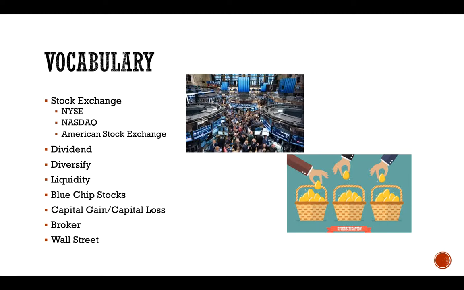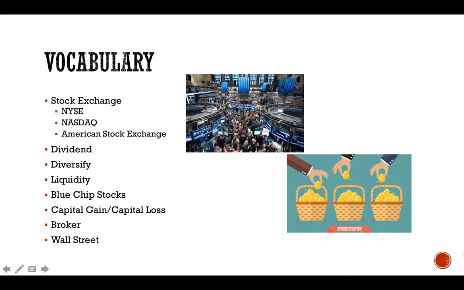I can't buy Microsoft at all three of these. Microsoft is sold on the NASDAQ. If I want Coca-Cola, Coca-Cola is sold through the New York Stock Exchange. So exchanges are just where a stockbroker is going to go to buy a stock. And if your stock is sold in the New York Stock Exchange, that's the only place that you can get it. We'll go into that greater detail there. Dividends, like I said, I don't want to go into detail now. You're going to have some reading assignments and things like that over this.